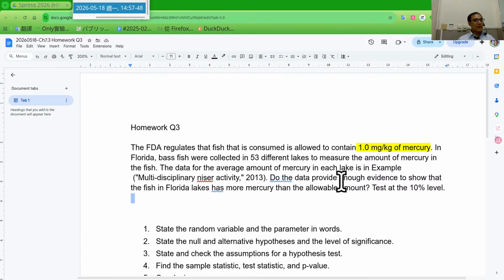Do the data provide enough evidence to show that the fish in Florida lakes have more mercury than the allowable